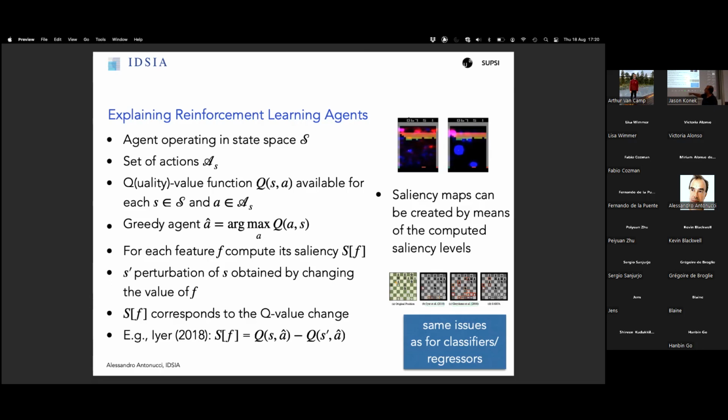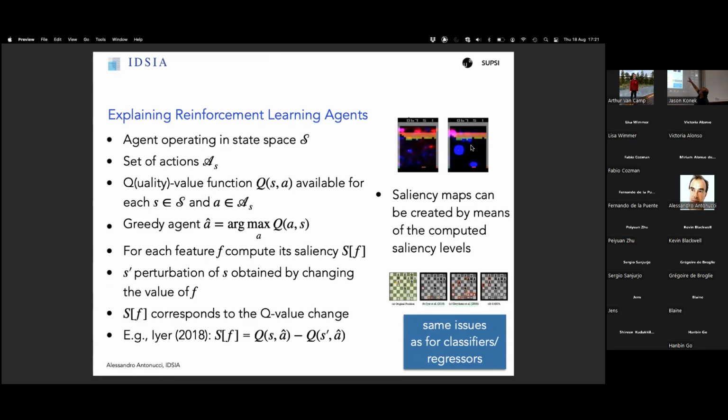And this can be used exactly in the same spirit of LIME: I can do a perturbation of the feature, I can compute the difference, and I can see how this has changed. But again, this is not really a counterfactual analysis. So I'm pretty sure that in this way people are generating these nice pictures where you can see, for instance, an Atari game played by an artificial intelligence. I don't know if you ever saw reinforcement learning learning very quickly how to play